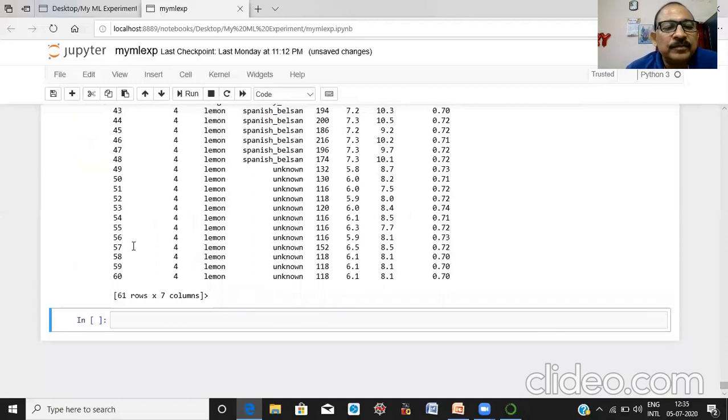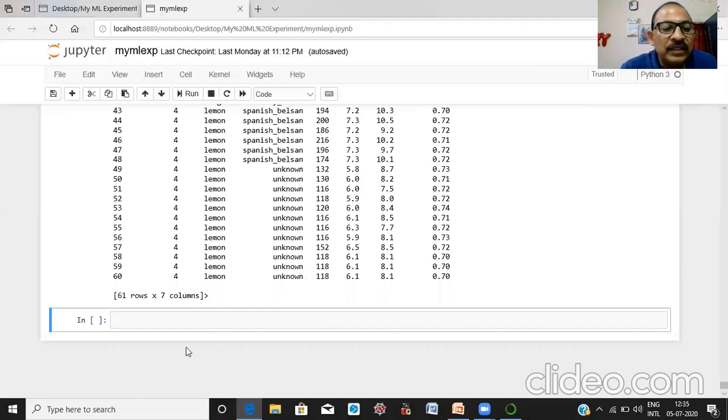Here you can see these three entries, the instance numbers 58, 59 and 60, have duplicate entries. Is it clear? Now our aim is to identify and delete them.